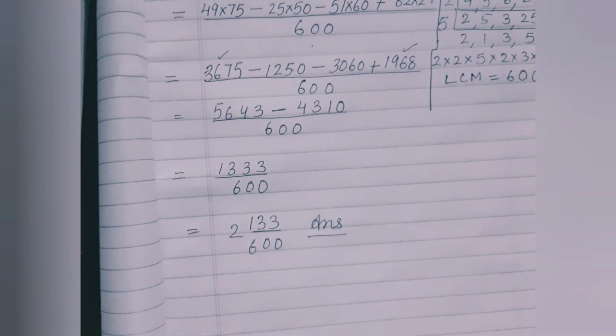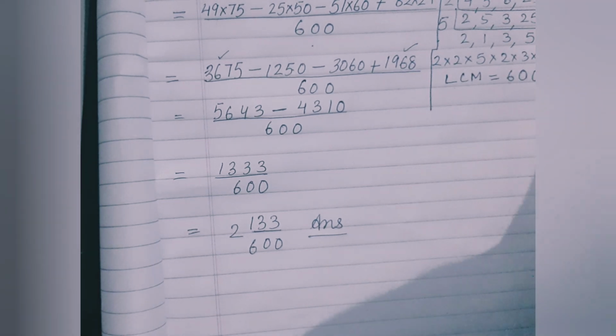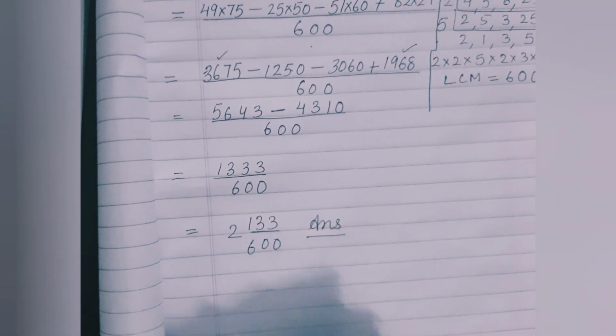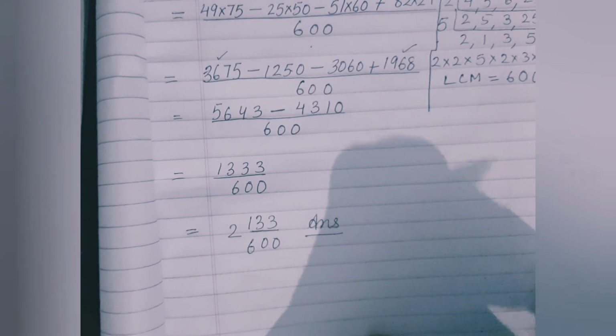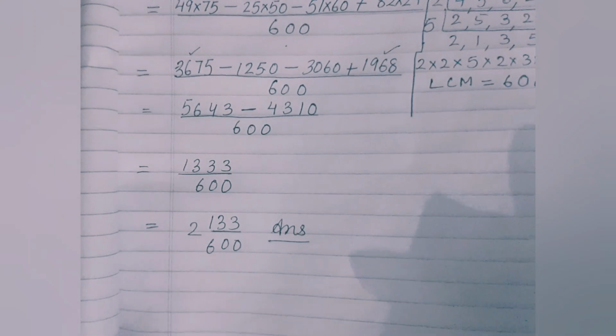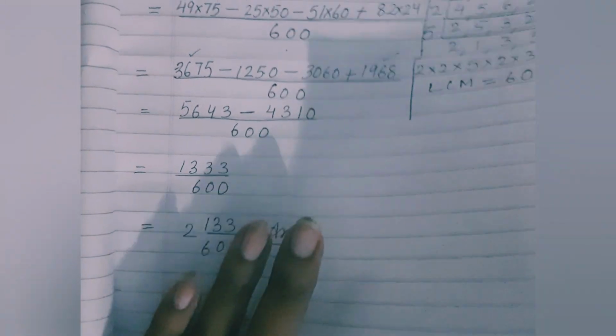Now next question is, Jayashree studies for 5 whole 2 upon 3 hours daily. She devotes 2 whole 4 upon 5 hours of her time for science and maths. How much time does she devote for other subjects? Now, what you can write is, first you can write Jayashree studies daily for 5 whole 2 upon 3 hours.